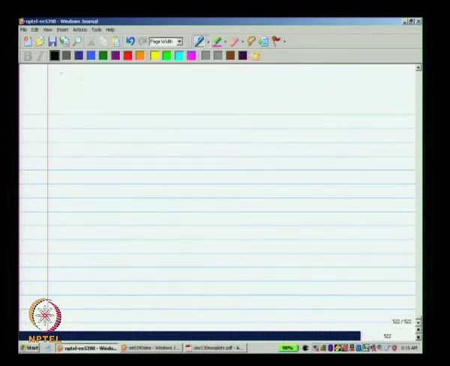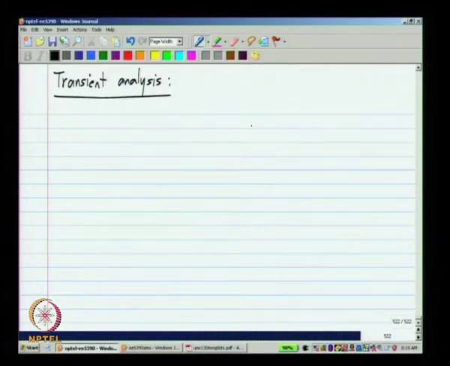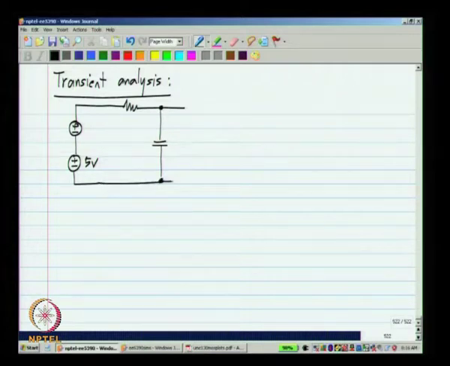And finally, we have transient analysis, which, as I said earlier, is the real reason to use a simulator, because this is almost impossible to do by hand for anything but the most trivial circuits. So, let us say again I have a particular case I am looking at here. I have this 5 volt and I could have some increment, but this is not necessarily a small signal increment, this could be anything. I am just showing it like that, the increment could be anywhere else in the circuit.